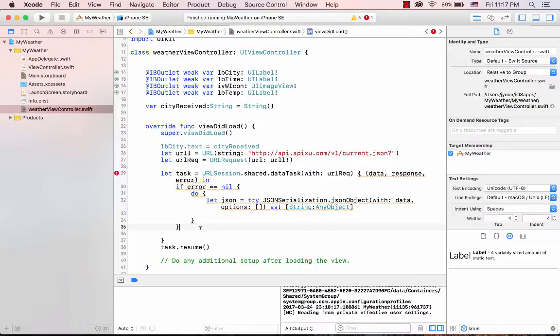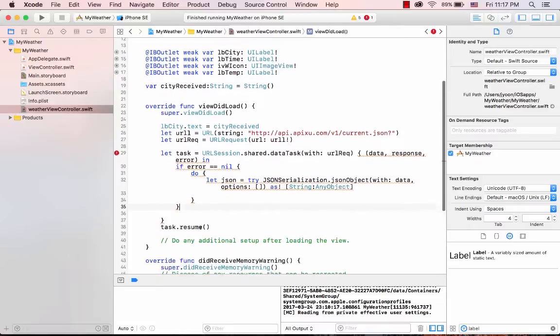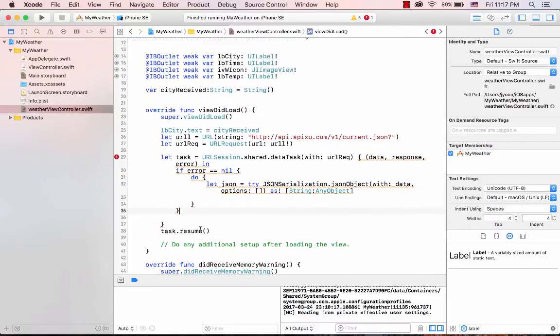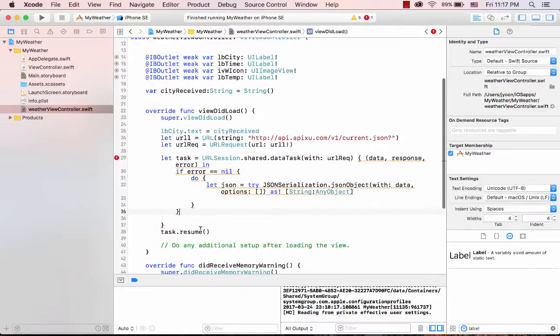If there is no error, then we do that. But if there is an error, then this is